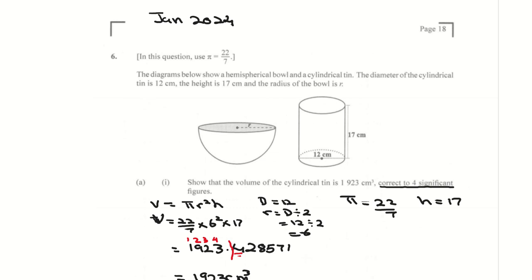Now, if we don't know, it is in your formula sheet. Volume of a tin is pi r squared by height. Or if you don't want to use the formula sheet, for the volume of a cylinder, the uniform cross section is that circle. Volume of a circle is pi r squared, and your height is 17. So it's pi r squared, the volume of your uniform cross section, by your height. Pi is 22 over 7. The diameter is 12, so your radius would be half of that, which is 6. So volume would be 22 over 7 by 6 squared by 17, which is your height. Put that in your calculator, you'll get